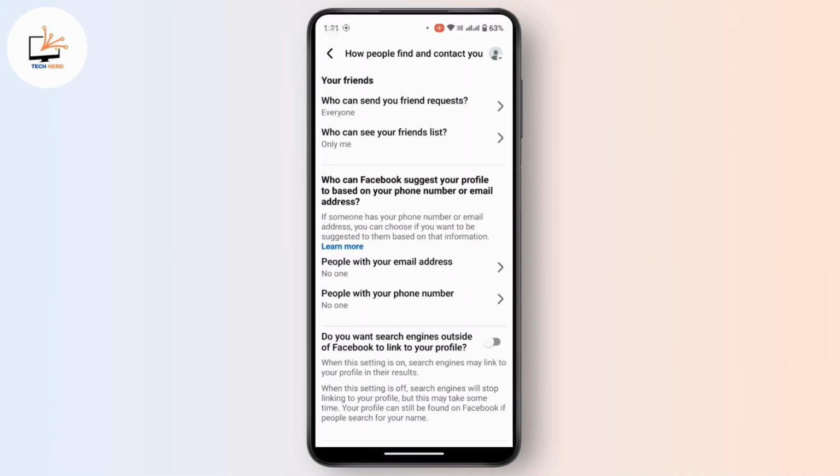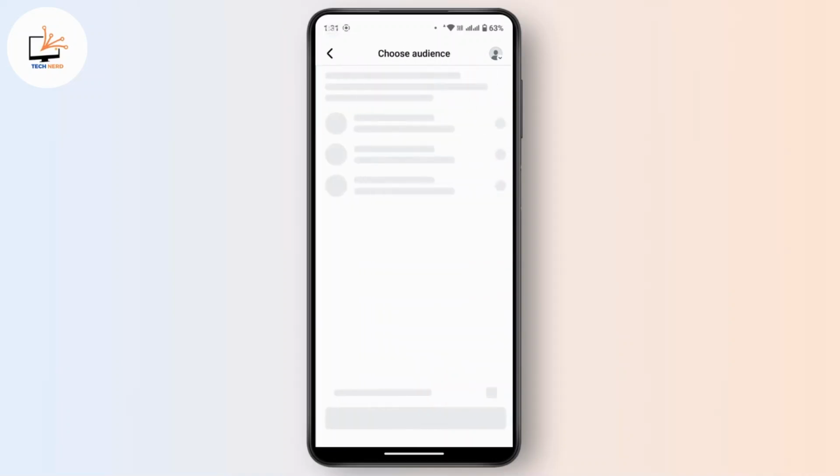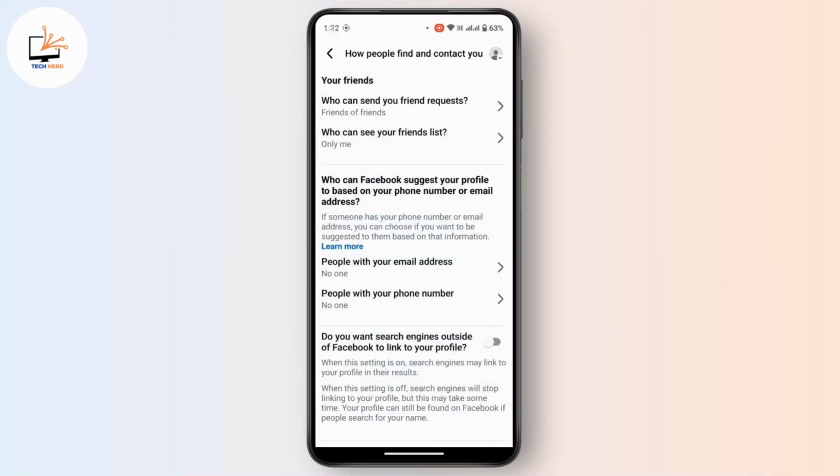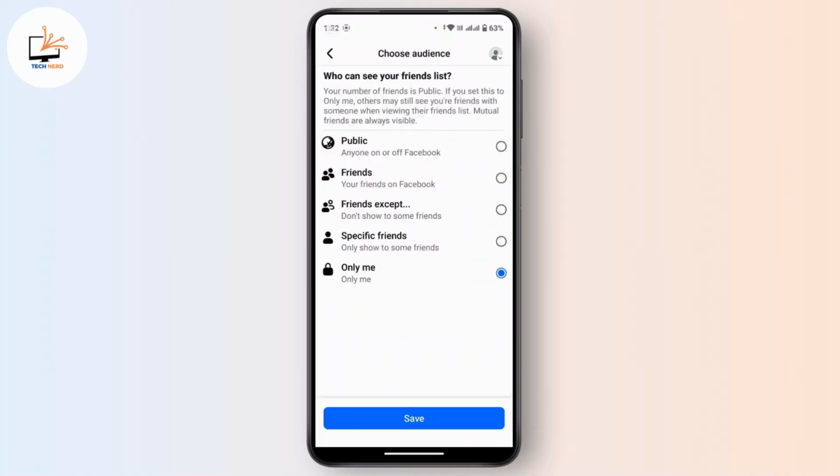on how people find and contact you, and here try to make all these settings limited. Tap on the first option that says who can send you friend request, and from there select the second option, then tap on save. Again, tap on who can see your friend list, then tap on only me, then tap